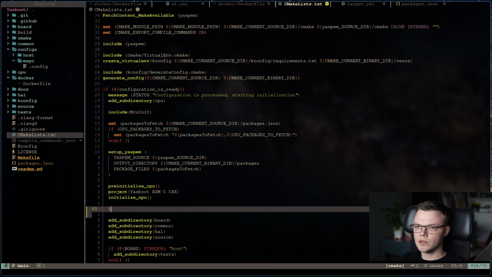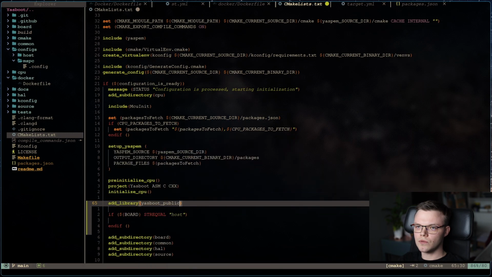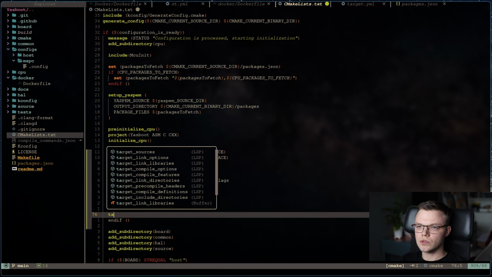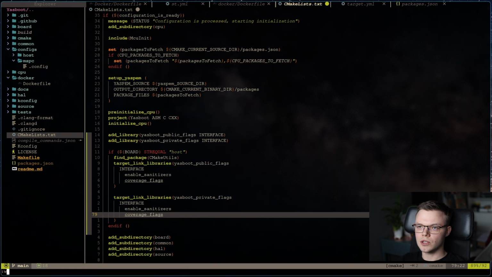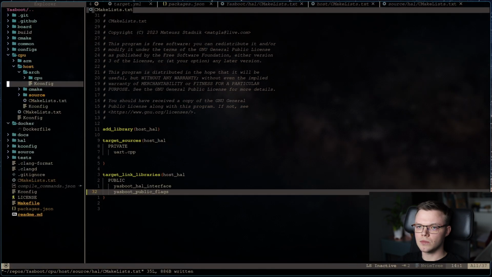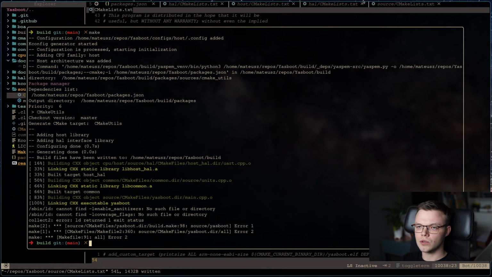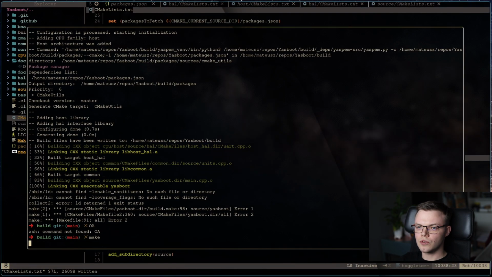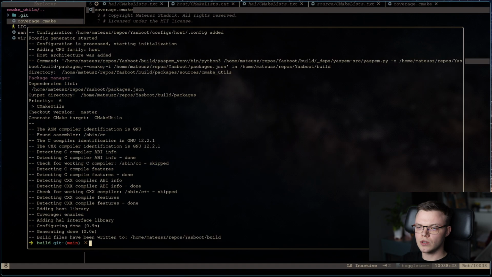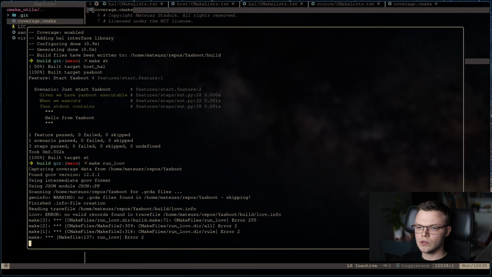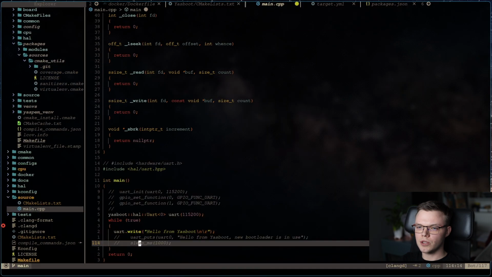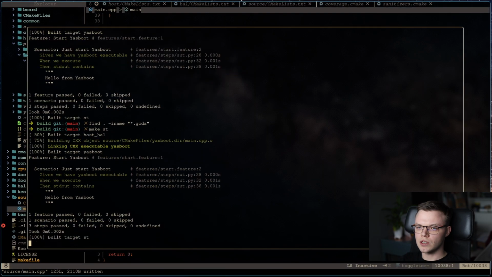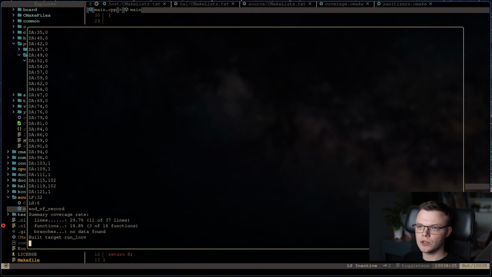Now it's time to add some sanitizers, add some code coverage, and also integrate with Sonar Cloud. I'm using an external project called CMake Utils, and it contains some CMake functions that generate targets that contain the necessary flags. After that I faced an issue that code coverage artifacts were not collected, and it was because our YaSBoot application never finishes, so it's always killed by the system level test. And yeah, now the files are captured.